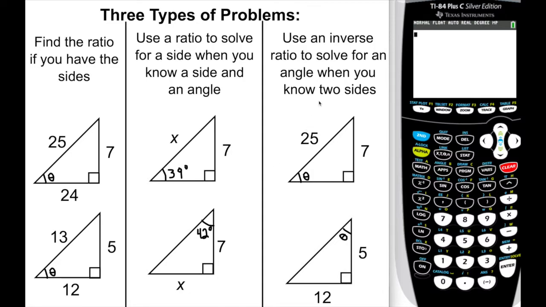On the other hand, the other problem I could have is if I'm given two sides, to use an inverse trig ratio to go backwards and find the angle, okay? Both of these problems, again, are going to highly require the use of a calculator, because what we know is that almost never